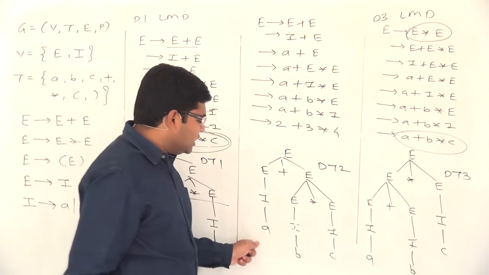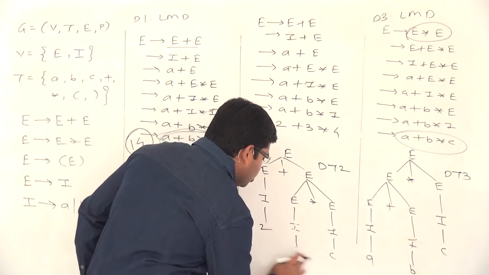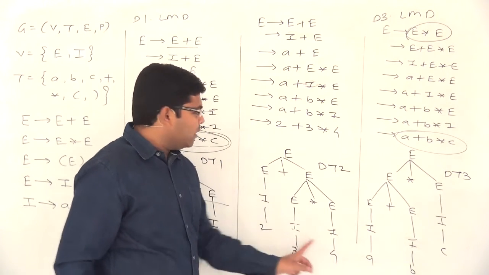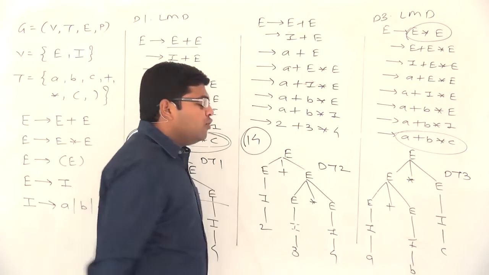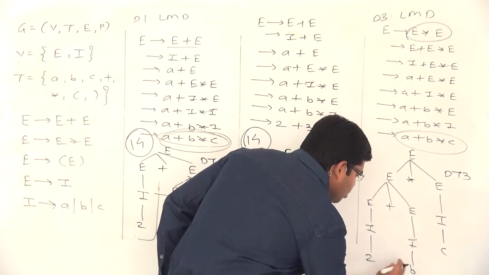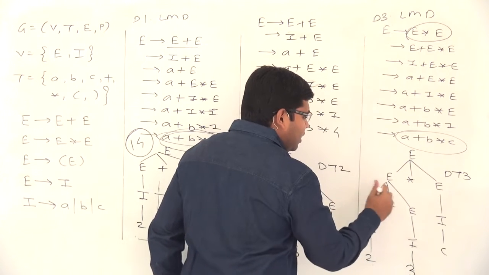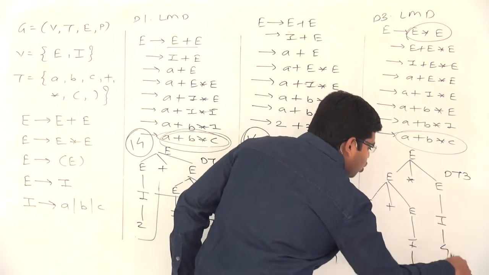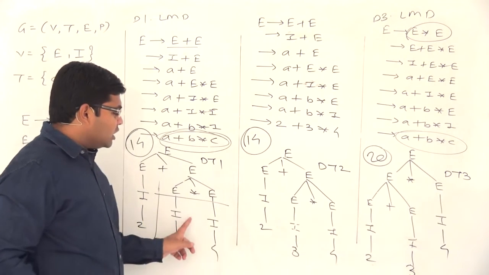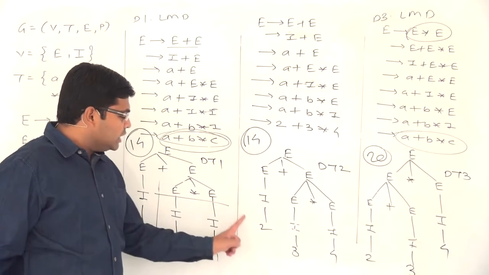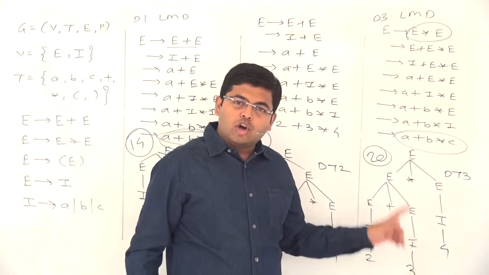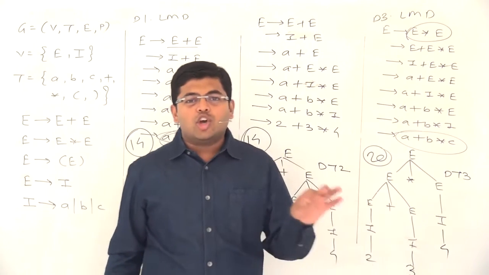Let's go to the second case. Here also it will be 2 plus 3 multiplied by 4, again 3 multiplied by 4 is 12, plus 2 will be equal to 14. However, if you go to the third tree, it is 2 plus 3, that is 5, and 5 multiplied by 4 comes out to be equal to 20. So what is the observation here? Because the structures are the same, because the trees are the same, the value will also be the same. Here, because the structure is different, because the tree is different, the value is also different.